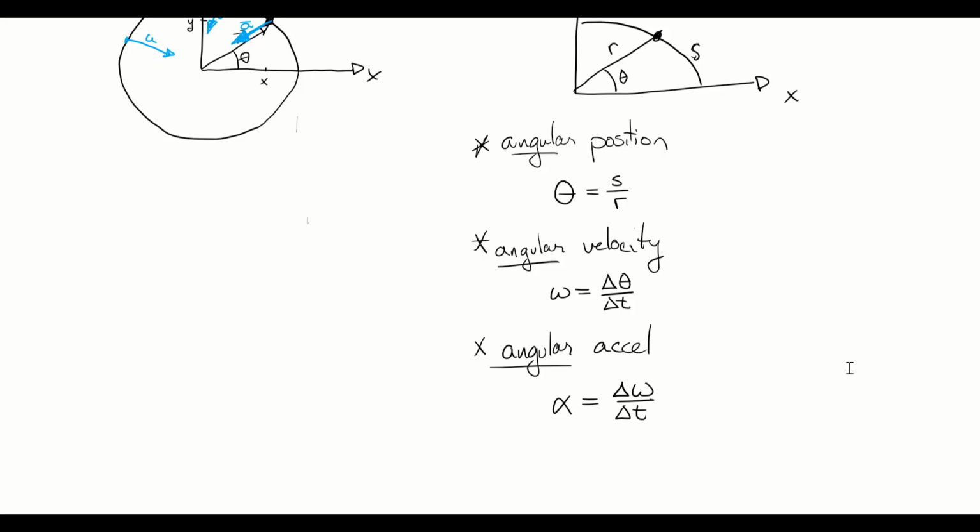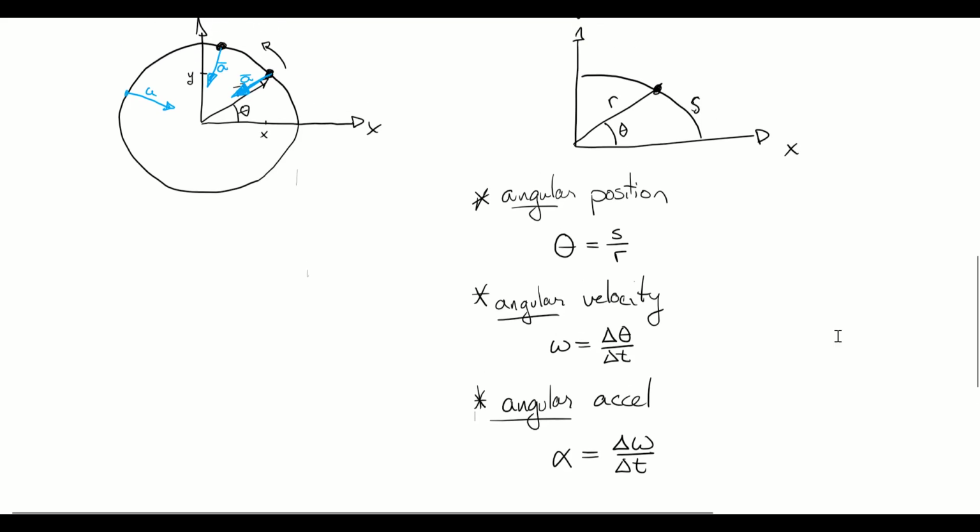And in that way, because this is all going to be following along that same circle, it essentially reduces this circular motion problem into an effectively one-dimensional problem, where all we're concerned about is the direction in that angular direction. All of the steps we did deriving our kinematic equations for constant acceleration, we're going to mirror and follow